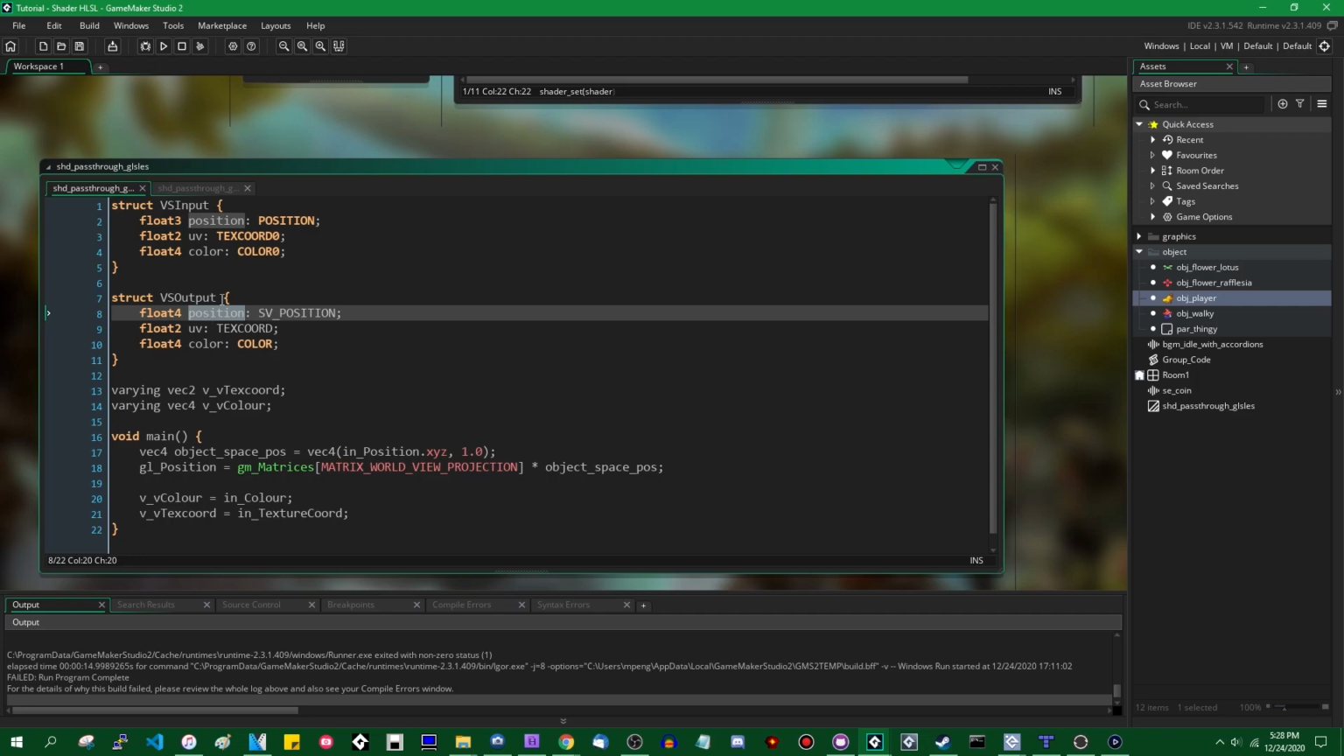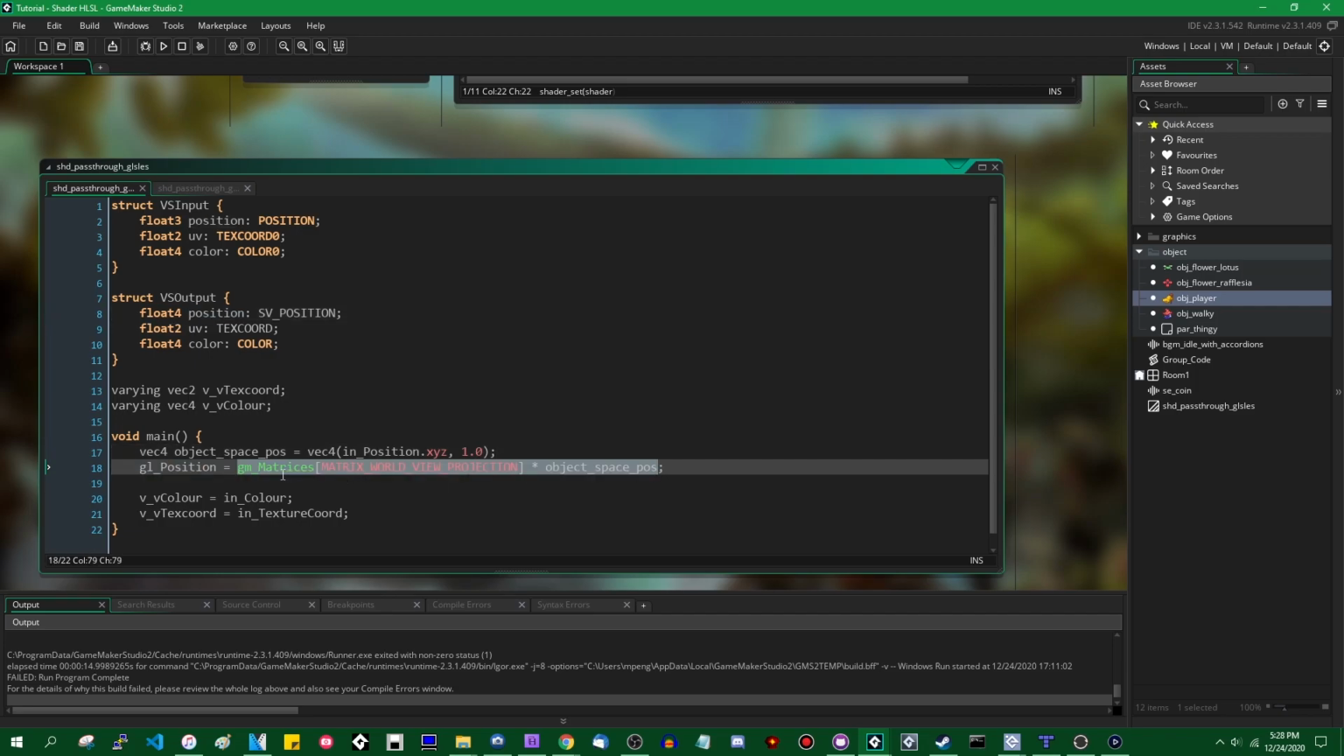This has to be a float4 instead of a float3 as a vector3. Even though you only really have an x, y, and z coordinate in the world in 3D space, the result of this matrix multiplication, the world view projection matrix times the object space position, is a vector4. GL_position, when you use that in GLSL